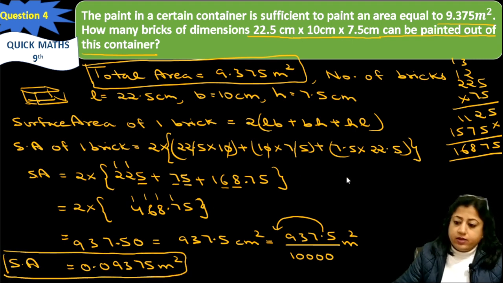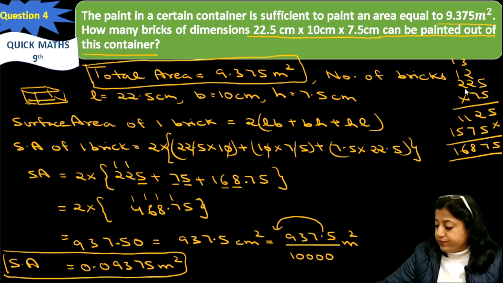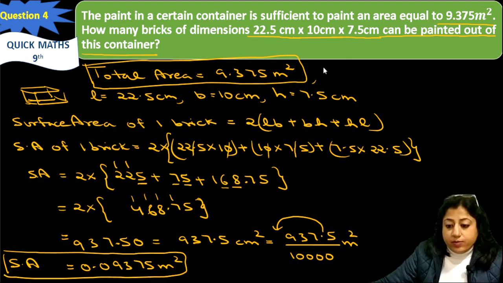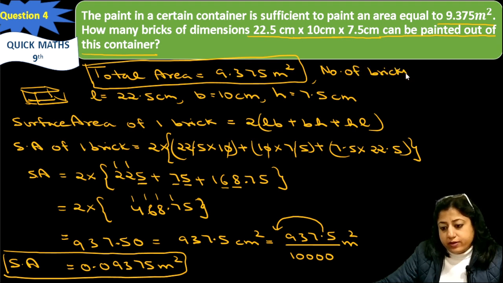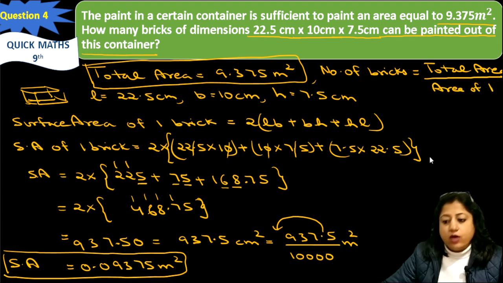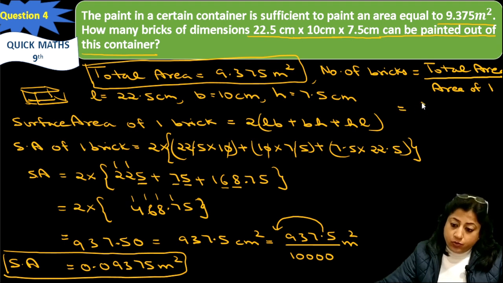Now the number of bricks. We can calculate the number of bricks to be painted by total area upon area of one brick. So the total area is 9.375, and the area of one brick is